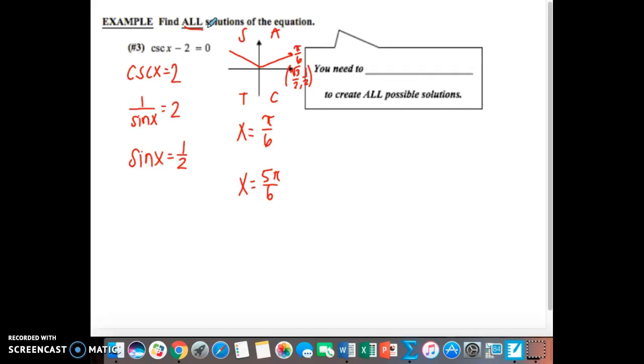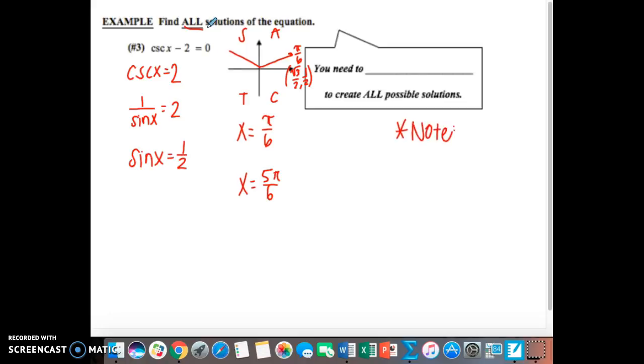If our directions were to say find all solutions on the interval 0 to 2 pi, like the previous two examples were, then we would be done. We'd have all the answers. However, our example asks us to find all solutions. So,